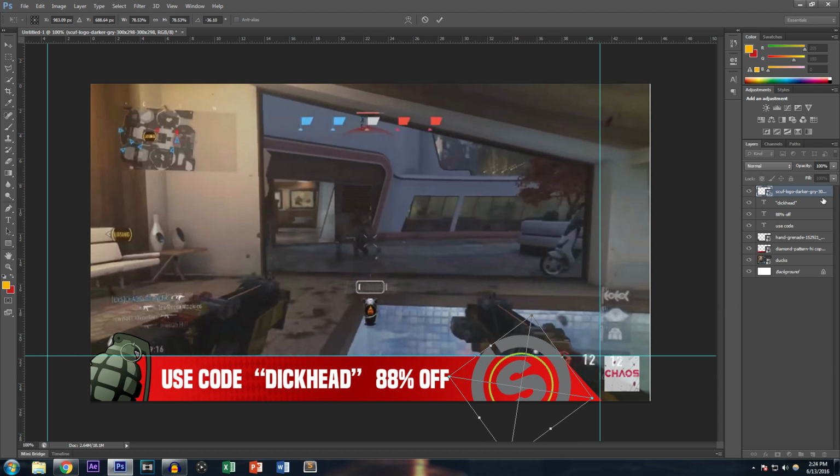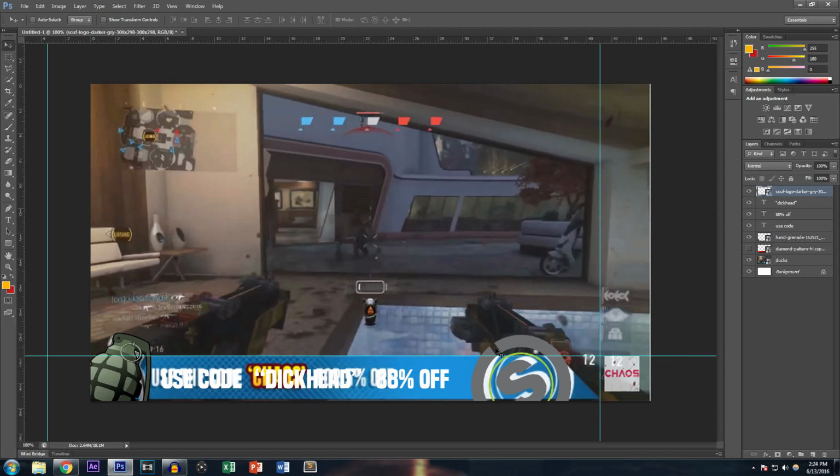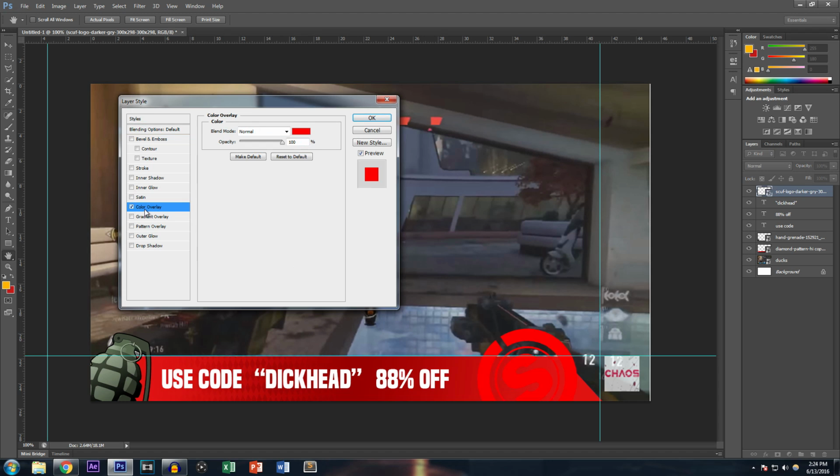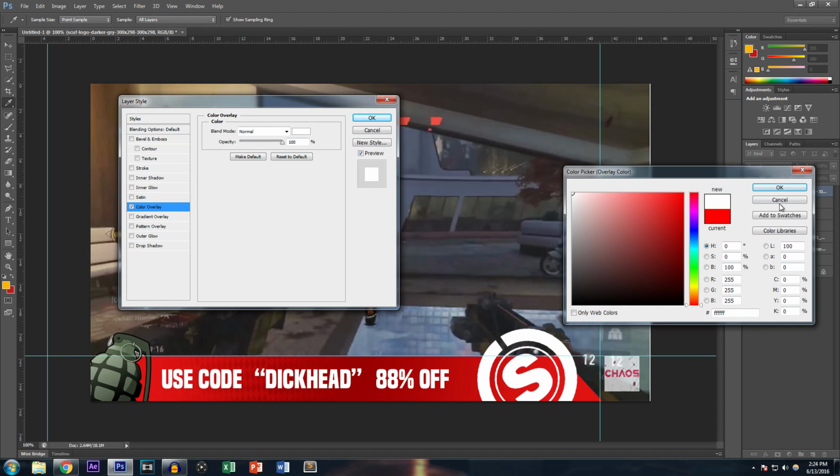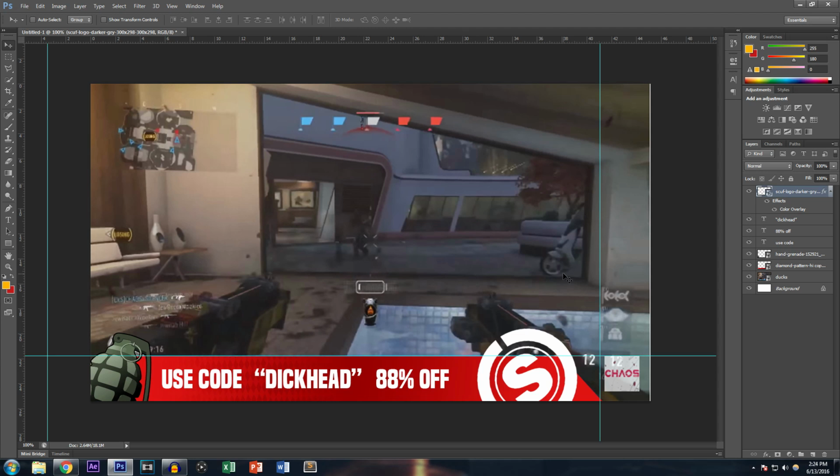No. Hit enter. If we turn this off, actually, the red, we can kind of see where this is supposed to be. So it's like right there. Turn the red thing back on, and now what you can do is double click this color overlay and make it white like that. Hit OK, and once again grab the rectangular marquee tool, make a marquee right there, hit E, click, erase that part because we don't need it, Control D,